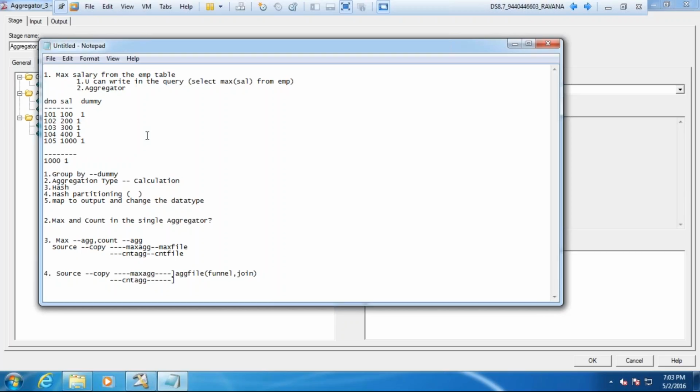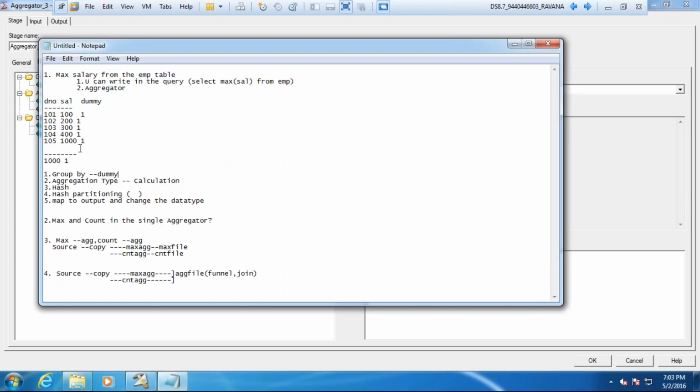Whatever you are thinking is absolutely right. The table cannot have 1, 1, 1, 1. The table has proper employee numbers, and the same way department numbers and salary. But for the aggregate to do the group by, you have to generate a column where all these values are the same.